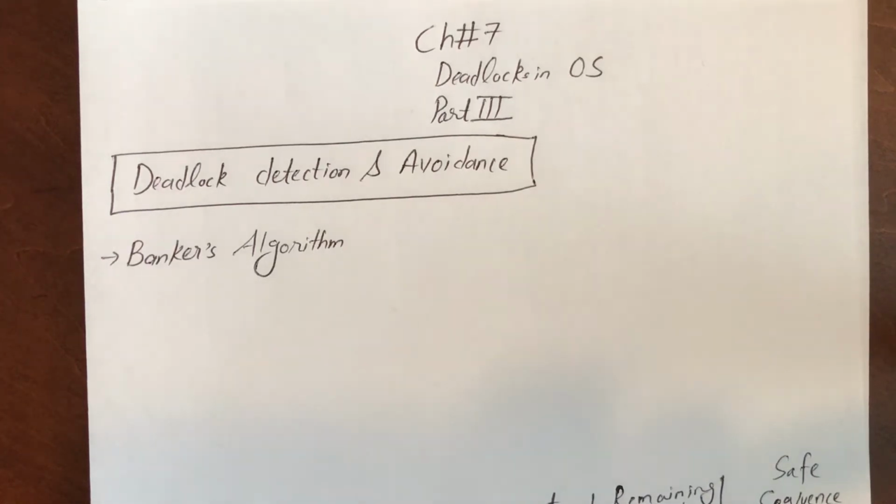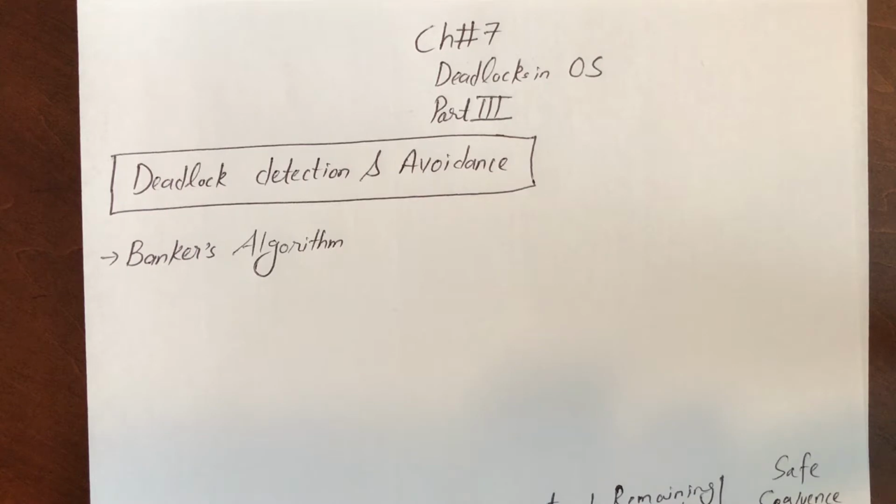Okay, today we will discuss Chapter 7, Deadlocks in Operating System. This is the last part of Chapter 7. If you remember, we discussed the deadlock prevention strategies, how we can violate the conditions of deadlock. Today we will talk about deadlock detection and avoidance schemes, how we can detect or how we can avoid a